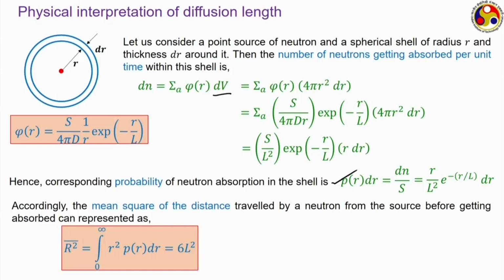square. That means, the mean square of the distance travelled by a neutron can directly be related with the diffusion length, or in other words, the diffusion length is a representative of the straight line distance travelled by a neutron, average straight line distance travelled by a neutron from the source to the location where it gets absorbed. And hence, if we have some idea about this diffusion length, we can always calculate this distance travelled by the